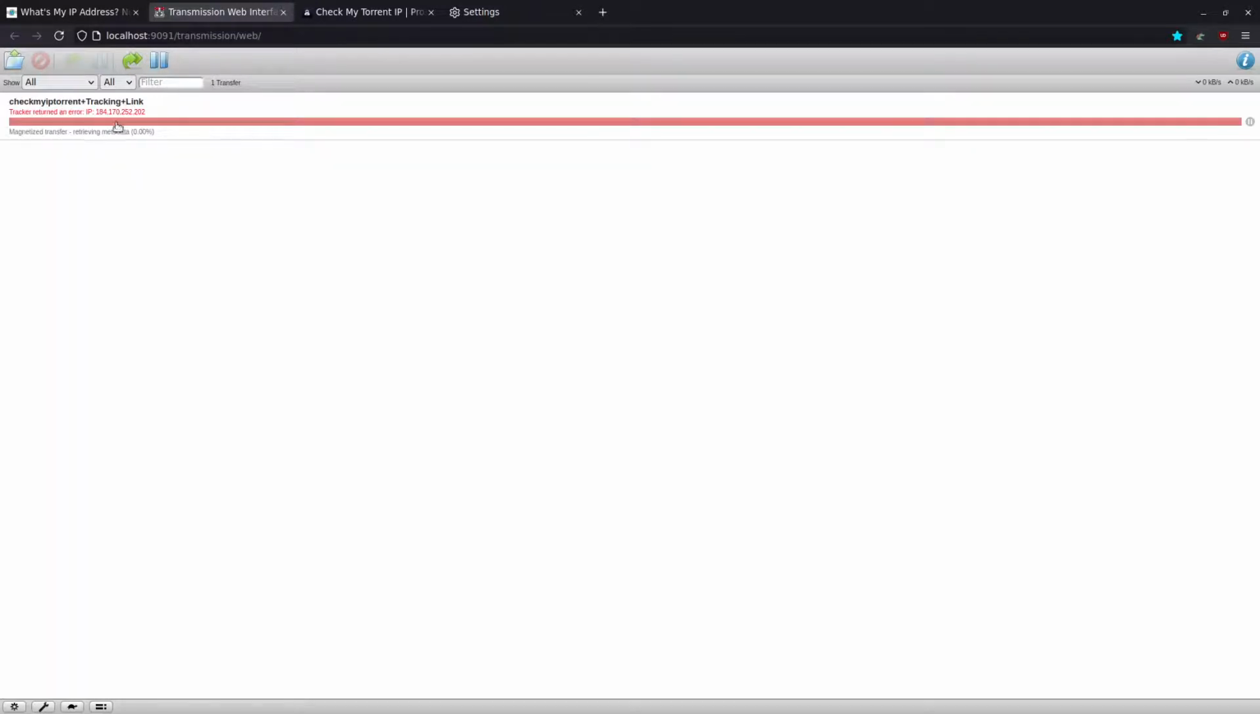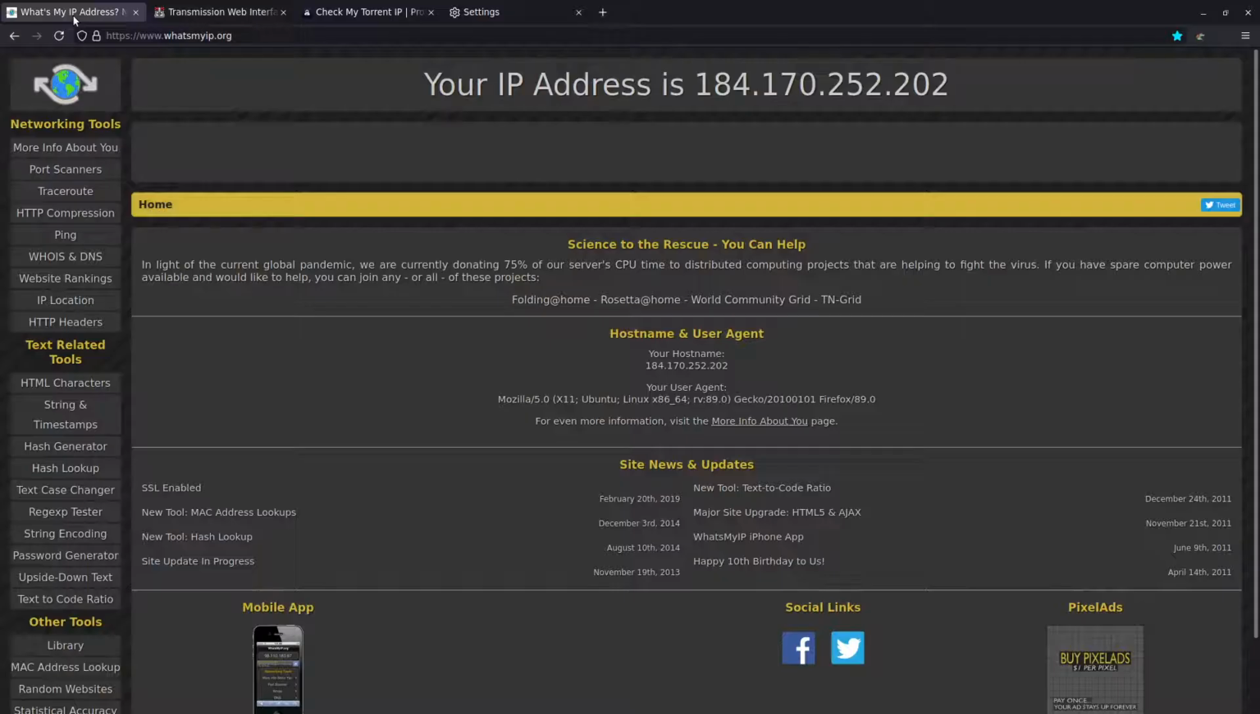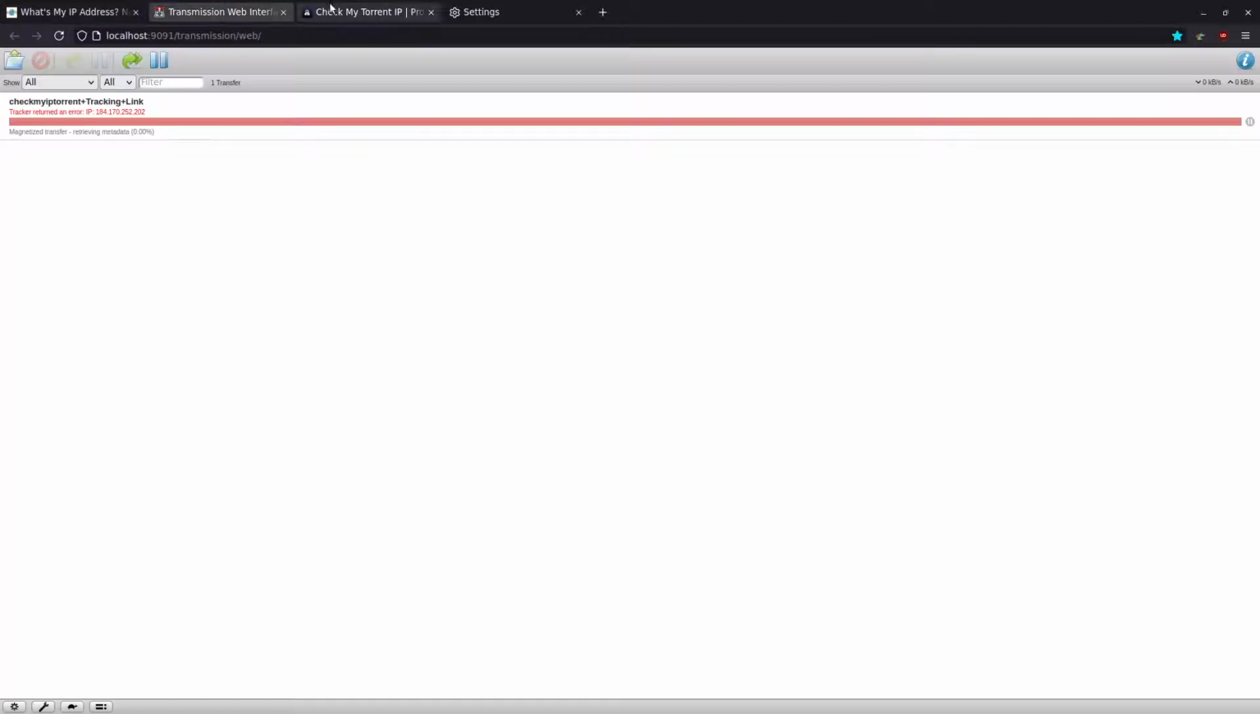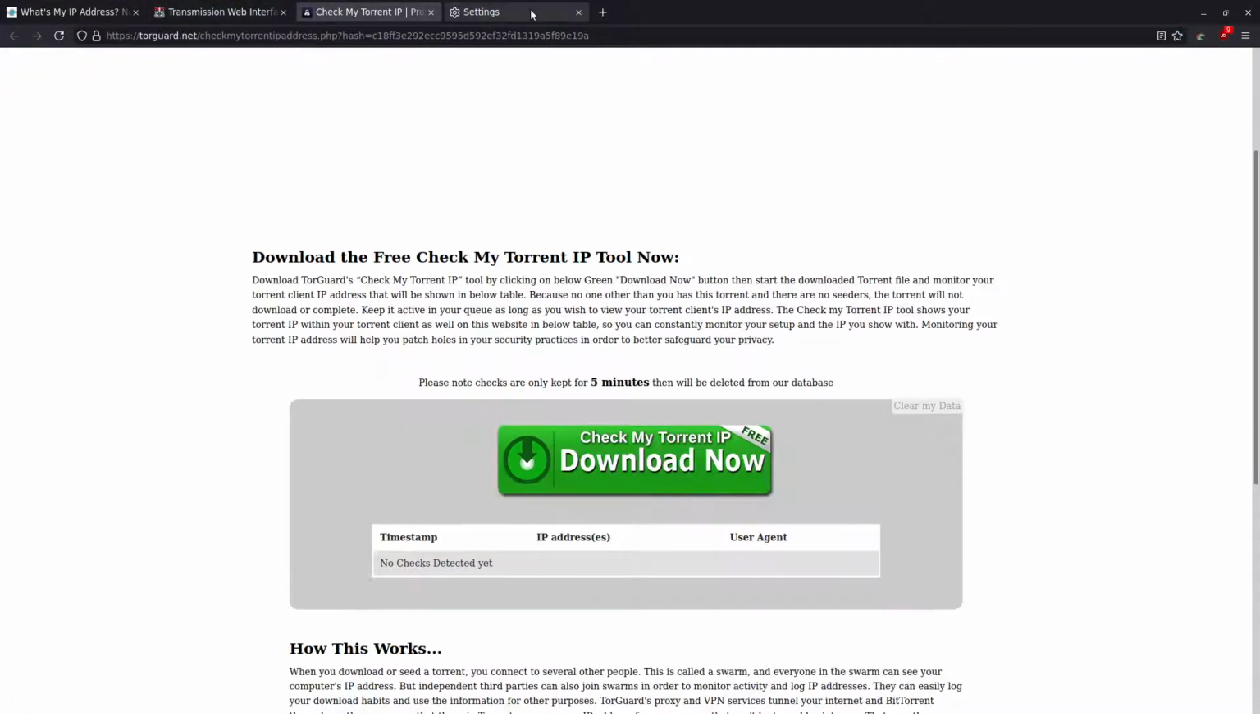Okay, and you can see what this is doing is it's saying tracker returned an error, but this is basically just something that you can use to check your torrent IP address. So you can see the torrent IP address here, 192.170.252, whatever, corresponds to Firefox's IP address here. So you can see they're both running over the VPN. And you can see that when I click the magnet link,